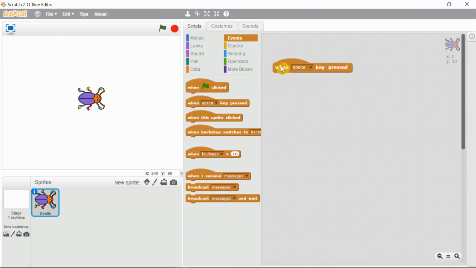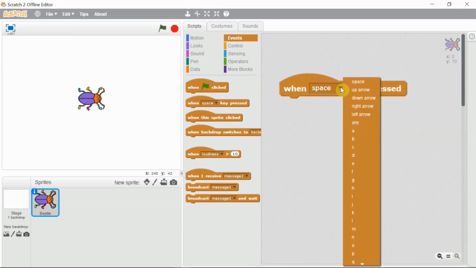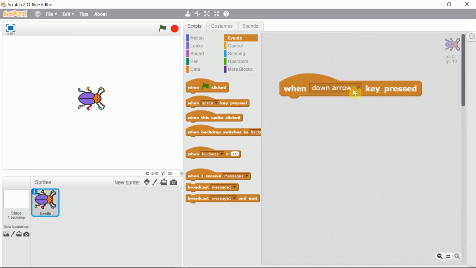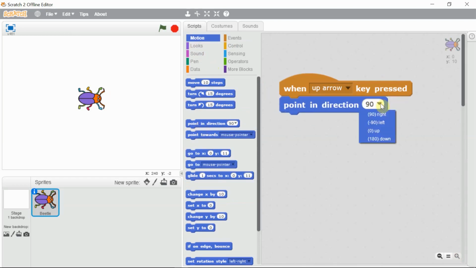So here I take the event from the events category, when up arrow key pressed, and we have to turn the beetle in the up direction. So the point in direction block will help us. Here I select up, that is 0. So on pressing the up arrow key, the beetle will turn into the direction 0, that is up.